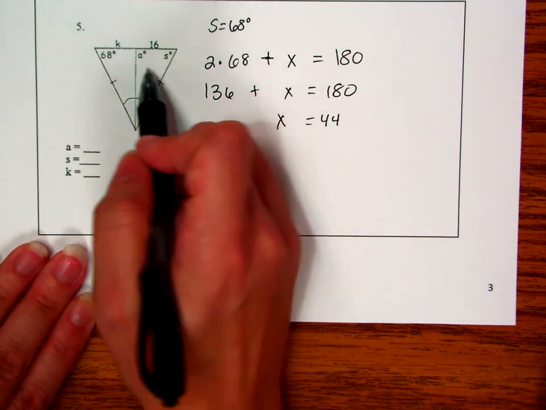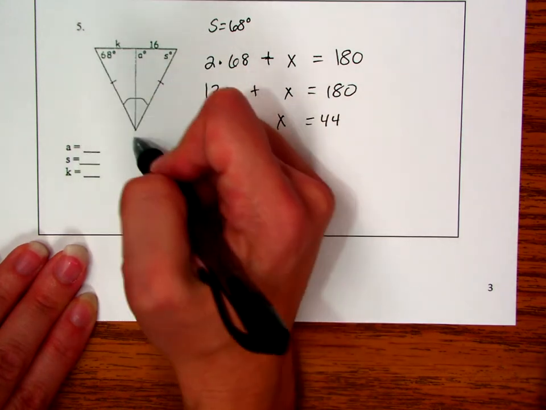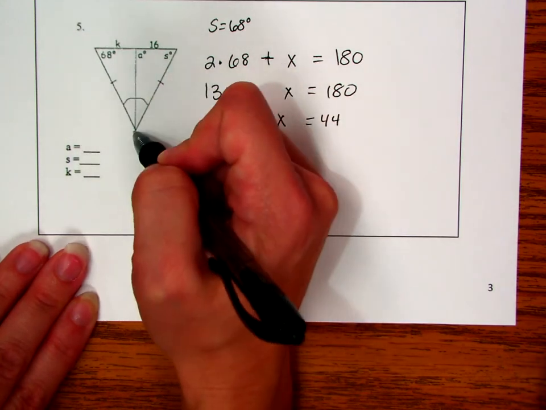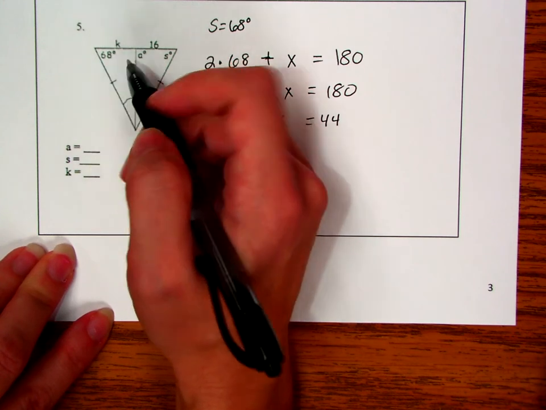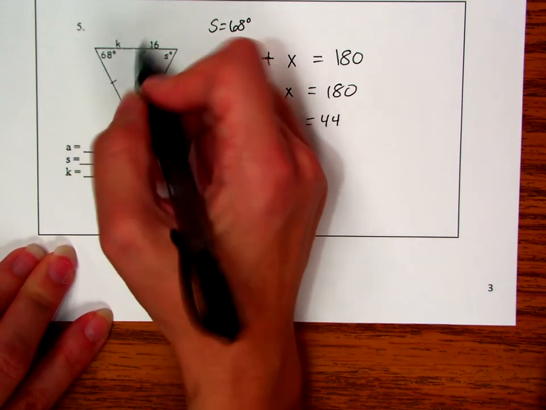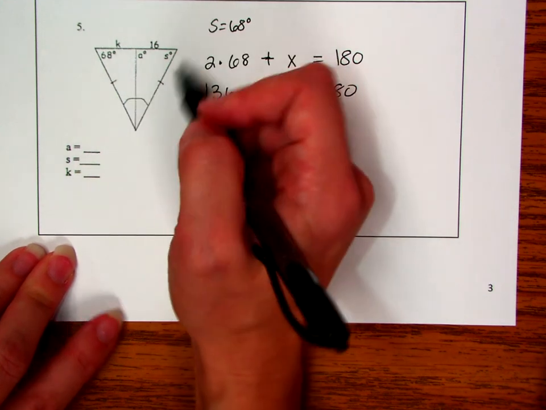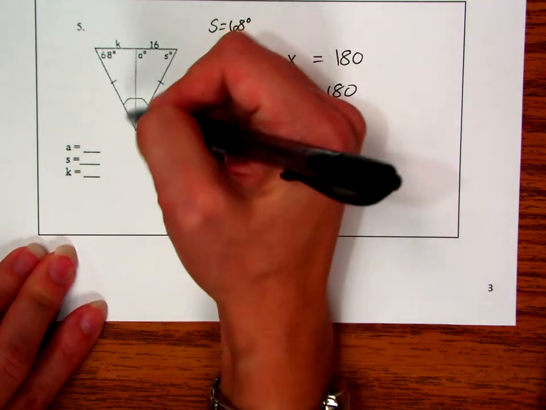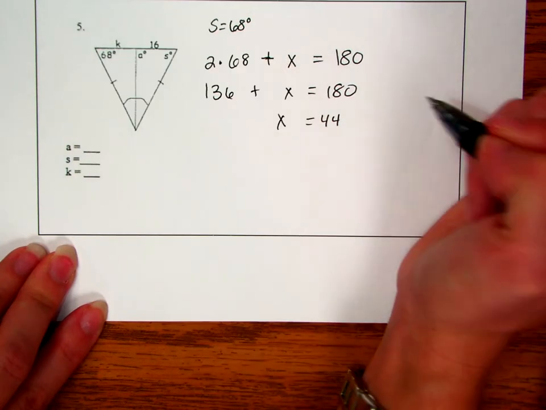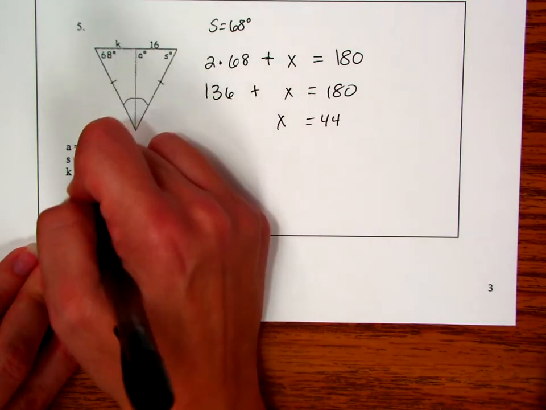Now, because we've got that this is 16 here, and we've got that these two triangles here are going to have this angle here, and they're going to have a side here. We could even use the reflexive property here and say that they've got a side. And because we're dealing with isosceles triangle, our base angles are congruent. Chances are here we're looking at K, which this would then bisect it in half. So K is going to be 16.